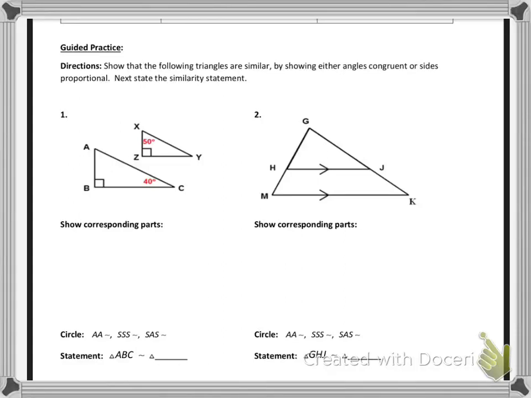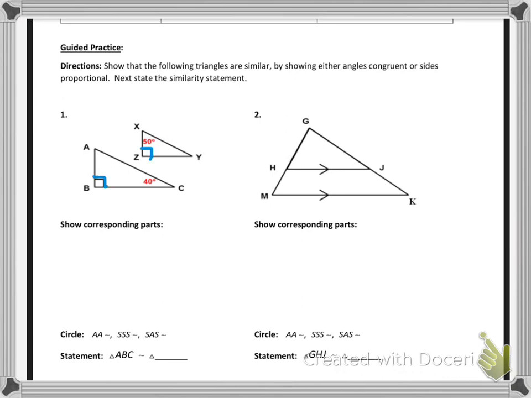Now we're going to test some specific triangles to see if we can say that they're similar. I'm just going to do a few examples. So, looking at number 1 here, I can see that I have a right angle in each triangle, so I